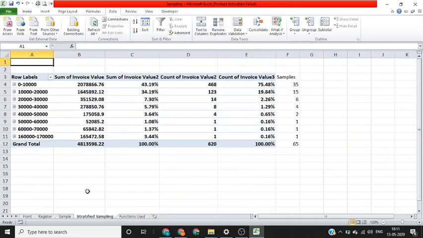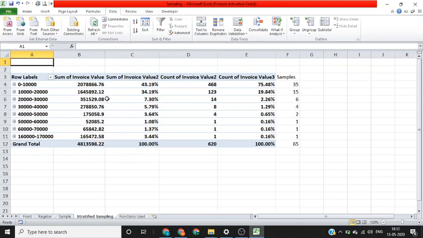Now here through pivot, I have divided the sale value into groups, 1, 2, 3, 4, 5, 6, 7, 8 groups, such that for 0 to 10,000 all invoice values are clubbed here, from 10 to 20,000 all invoice values are clubbed here, and so on.